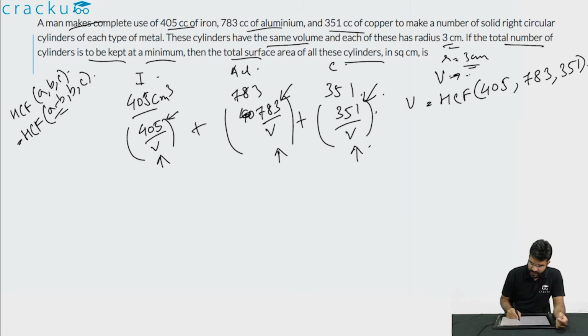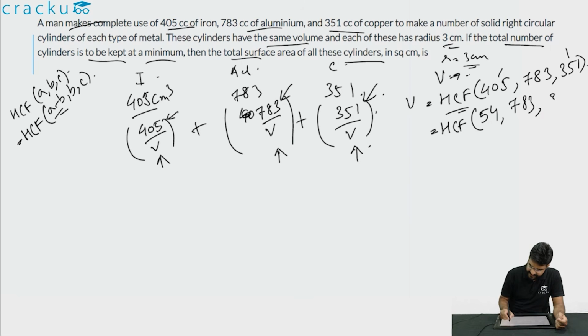So to quickly find the HCF of these three numbers, we will subtract 351 from 405, because these are the two numbers closest to each other. We get one small number, and from there we can find the HCF easily. So the HCF will equal the HCF of 405 minus 351, which is 54,